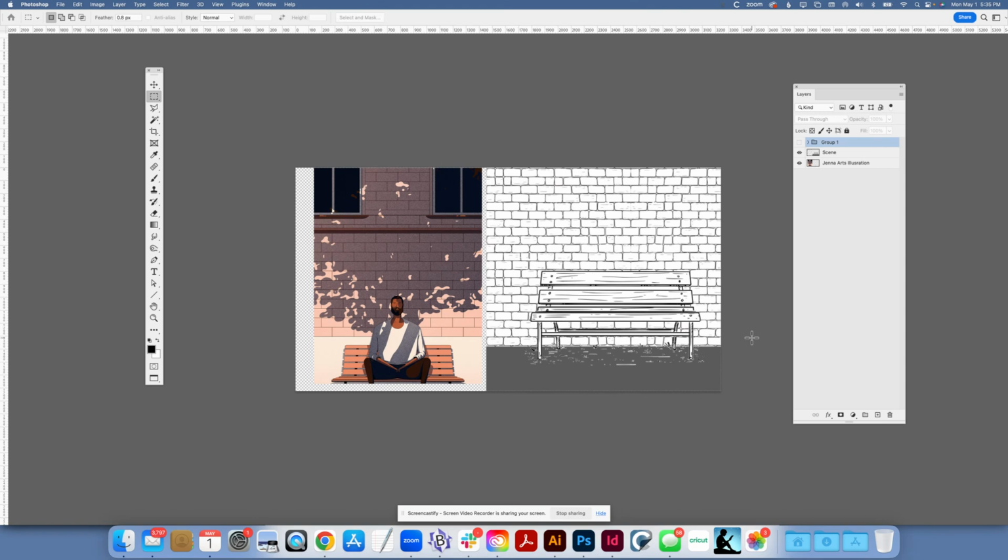So what I have here in this file, and I do want to point out that I have no default workspace opened. I have shut down everything, and only from Windows have I opened up layers to keep this demo pretty simple. Now, I do have a beautiful illustration done by an illustrator, and it's Jenna Arts, and it's an